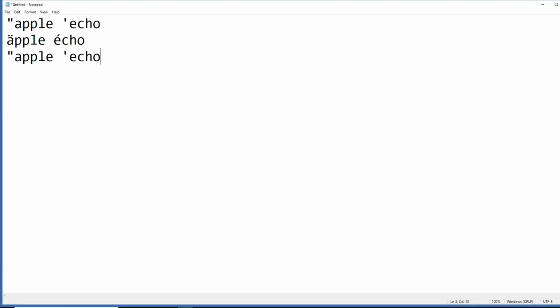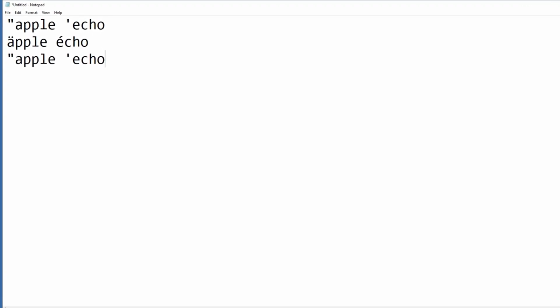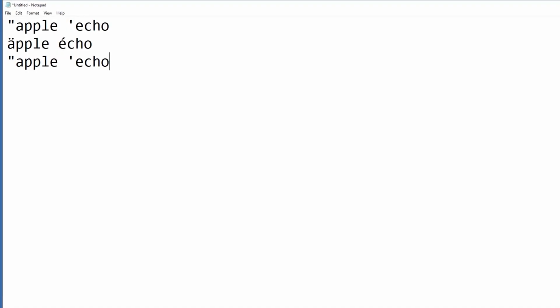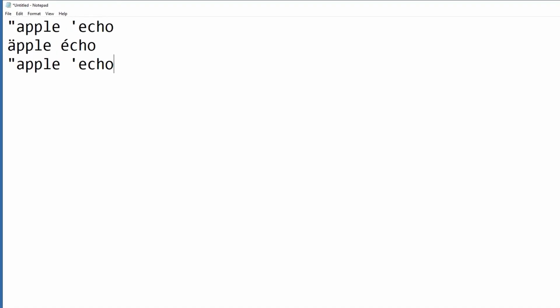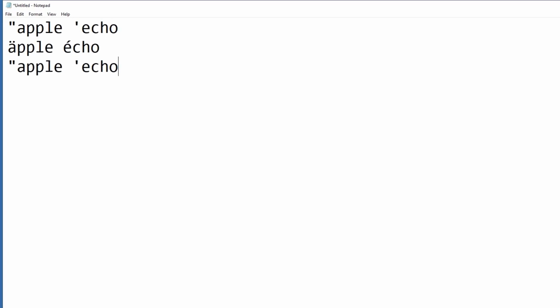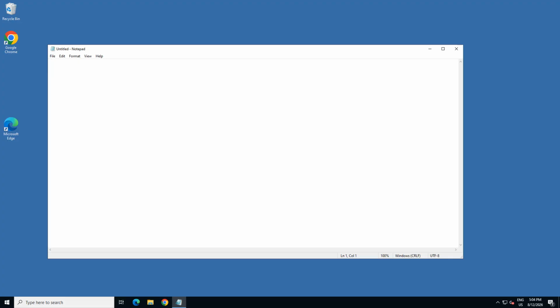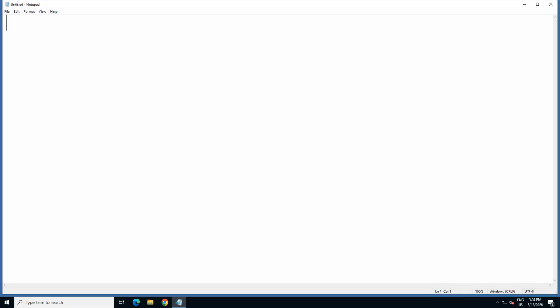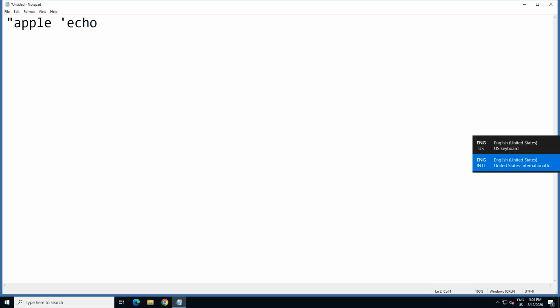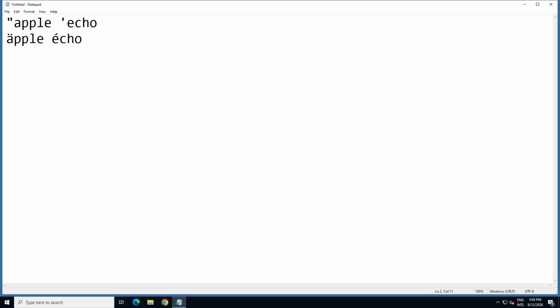Now, the second phase of this problem, because for some of you, it's not the @ sign. You press the quote key and nothing appears. Then you type a letter, and it comes out with an accent on top. Watch this. I'll type quote, Apple, then apostrophe, echo. On the plain US layout, it comes out exactly as typed. Now Windows+Space, the corner says INTL now, and the very same keystrokes give me a umlaut Apple and a cute